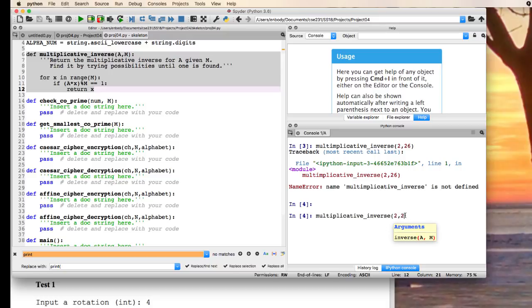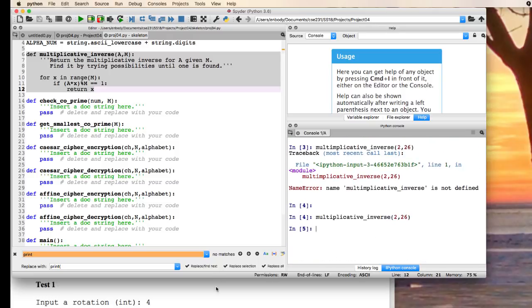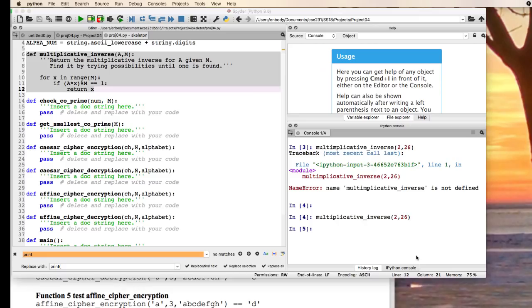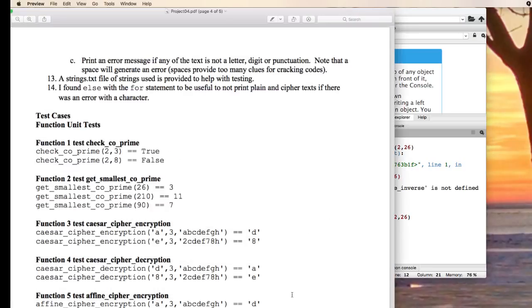We'll go 2 and 26, and it didn't return anything. Oh, because I gave it values that it has no value for. So let's pick something like